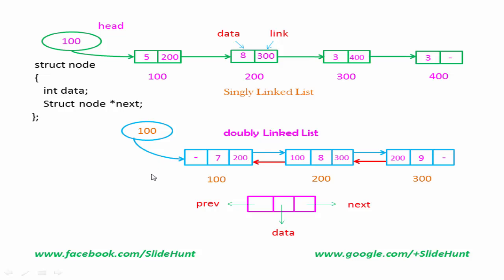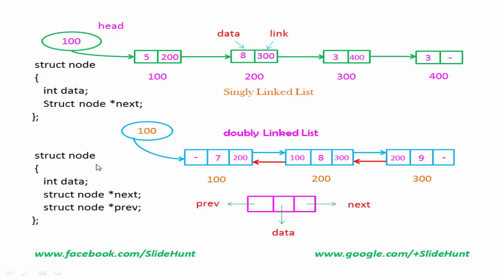Next we will see how to represent a node in C programming language, and we can write it as something like this. It has three fields. First field is called data field which is of type integer. Second field is a pointer to node that points to the next node in the list. Third field is also a pointer to node that points to the previous node in the list. Here we name two links as next and prev, but if you want you can name it as forward and backward or any other as you like. So this was a general description or explanation of a doubly linked list.